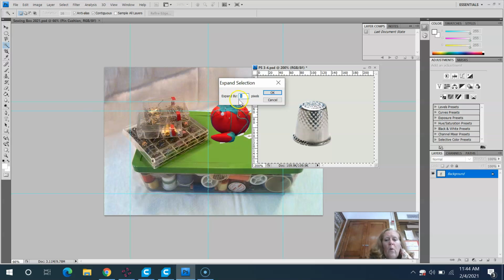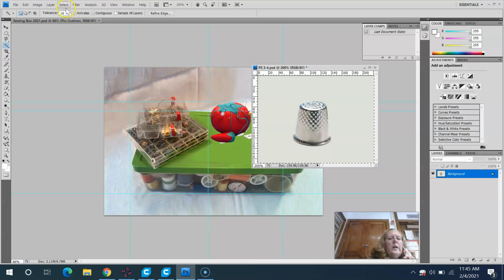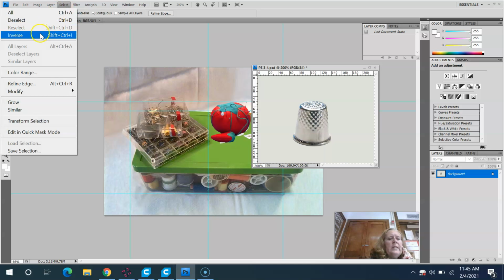We want to type 1, make sure 1 is in the Expand By, and then click OK. All right, so we are going to do Select, Deselect,